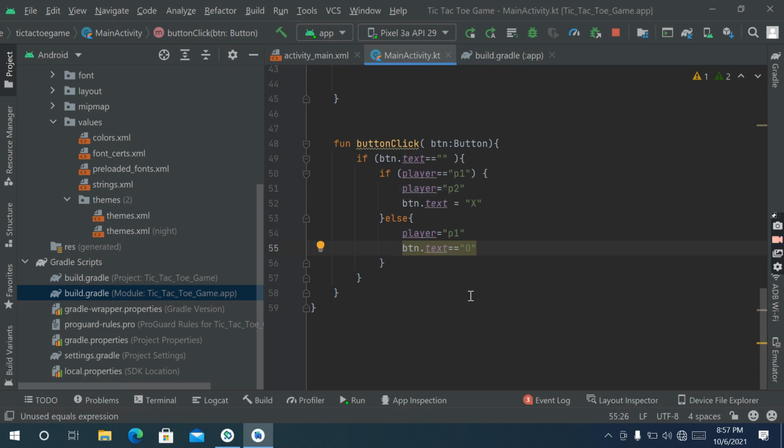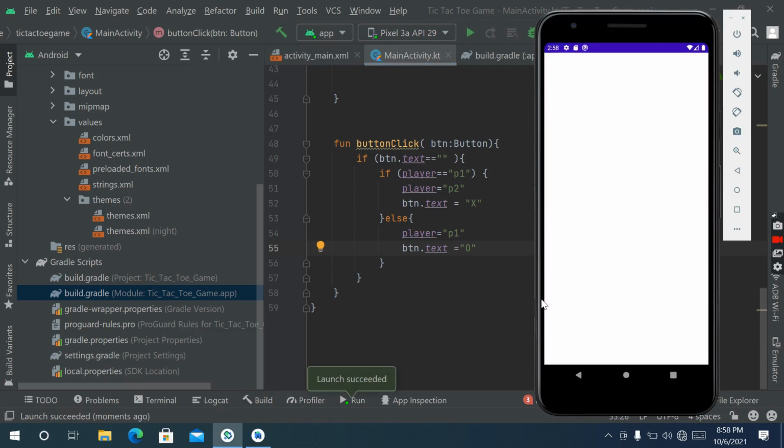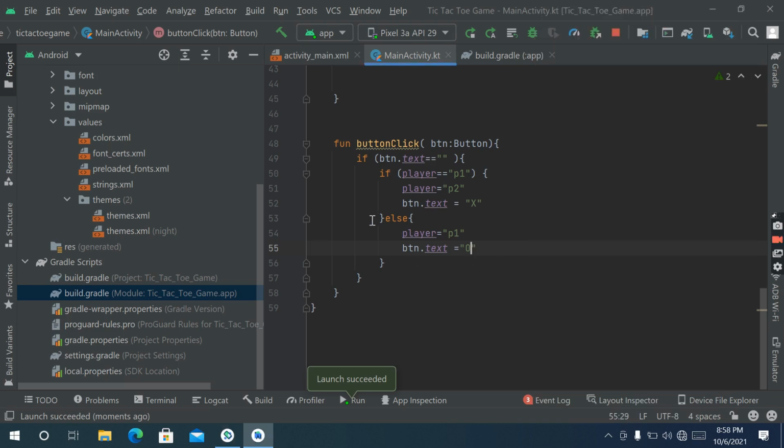Okay, let's remove this and run it again. Now you can see it's working perfectly, chance by chance. But we have to check if X or O wins. So what we have to do is create a separate method here,